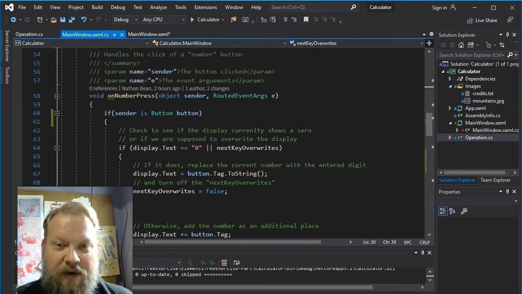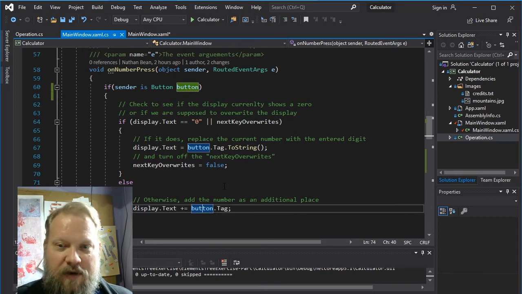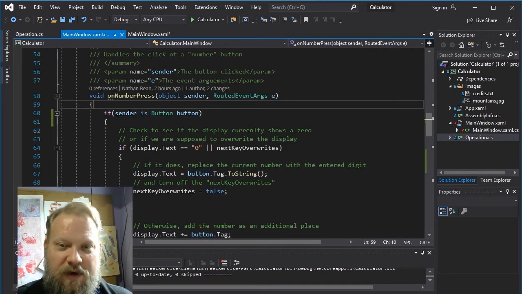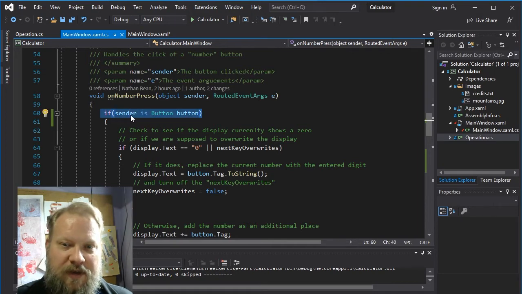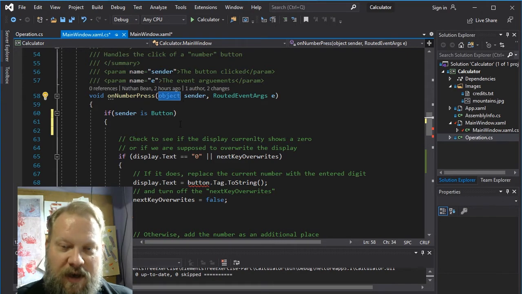For example, on number press, we are basically looking to determine, do we need to overwrite the existing digit, and if we do, we replace that with what we derive from here, and otherwise we just append with what we derive from this button tag. There are a couple things I do want to talk about here in a little bit more detail. The first is this. This is the casting expression. So this is actually some syntactic sugar for something that we used to have to do. So when we wanted to take this sender, which is always an object, and know that it was a button,